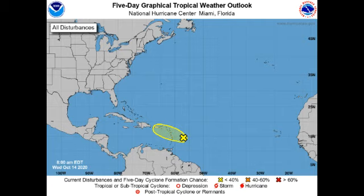So we will be talking about that disturbance you're seeing on your screen, which is a threat to land and must be watched. It is designated as Invest 93L, and then we also have the potential for a tropical storm or hurricane Epsilon very soon. We will talk about that too. And so if you want to know if you'll be affected and how strong these might get, please keep watching